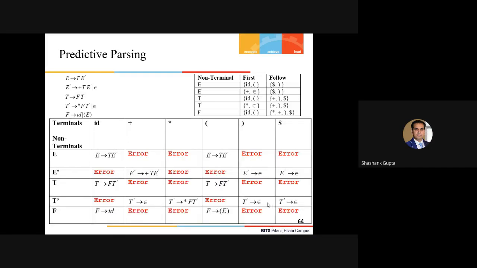And other entries we simply do not need to keep empty. These are error entries. So whenever the top of the stack contains these non-terminals and this as a lookahead pointer, for which I have indicated the error entries, I should simply flag an error. And most importantly, we are going to discuss in the upcoming sessions how to recover from the errors. Because immediately we should not stop here and say, okay, now I'm not going to parse the rest of the code. I will definitely parse the rest of the code. But right now, I'll flag an error. Fine, students, up to this point, any question, anything?